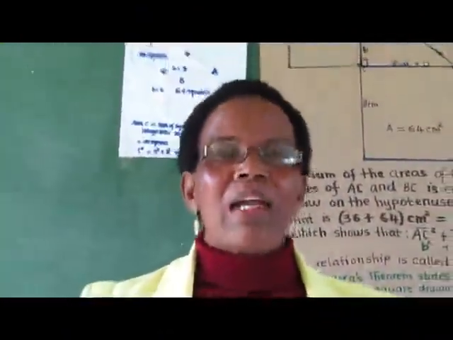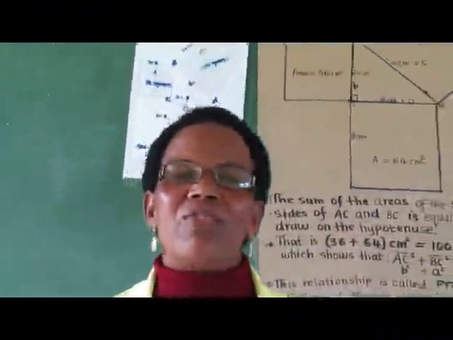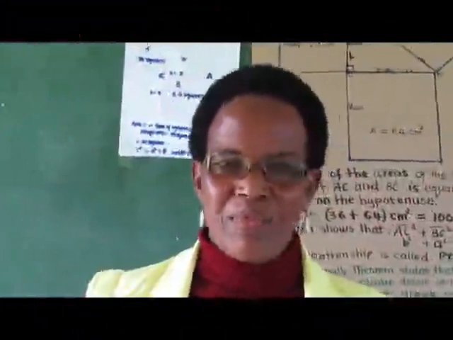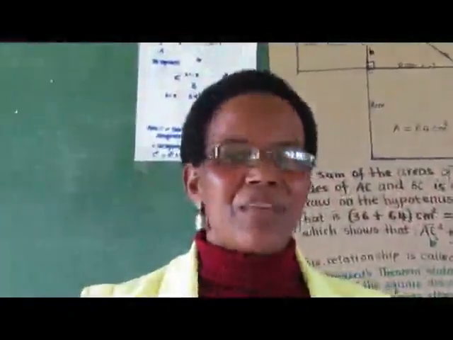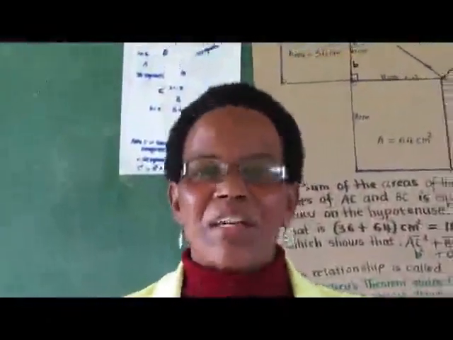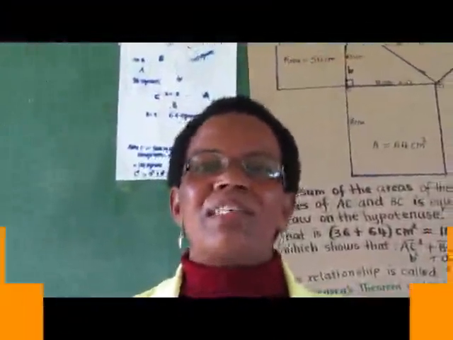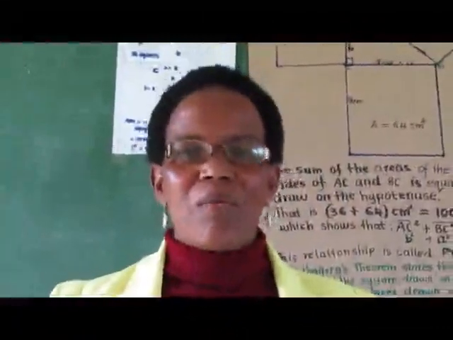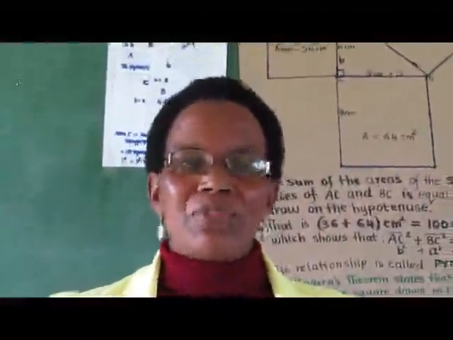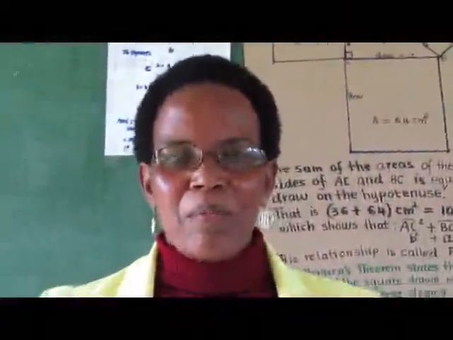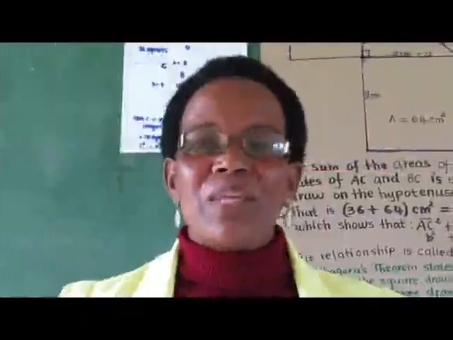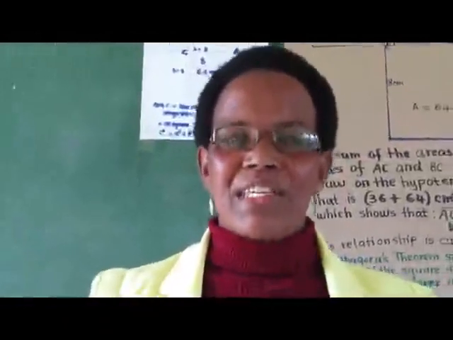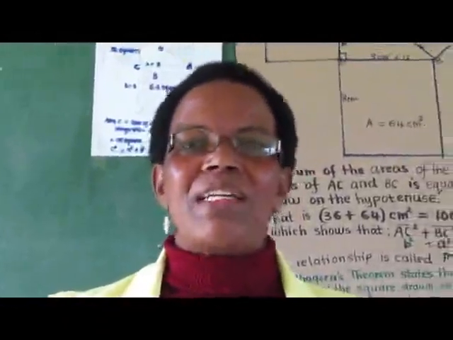Good. Another mathematical statement: the area of a circle is equal to pi times r squared. Now, after knowing the definition of a theorem, let us go straight to our lesson. Today we are going to derive the Pythagoras theorem. The Pythagoras theorem can be derived from a right-angled triangle. Who can define a right-angled triangle? A right-angled triangle is a triangle in which one of the three angles is equal to 90 degrees.